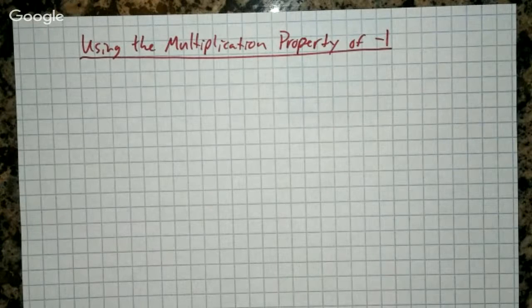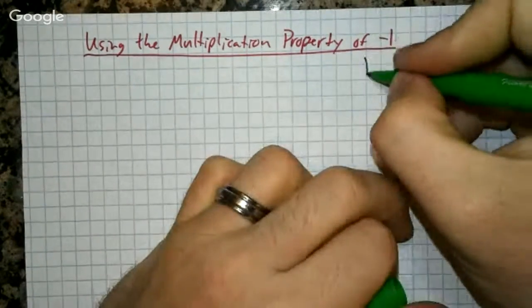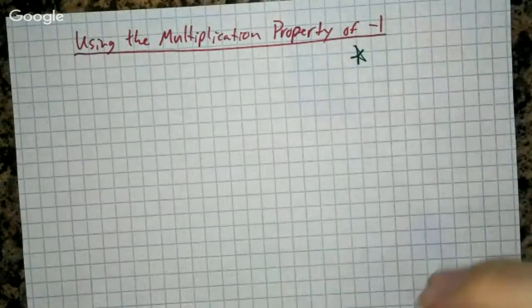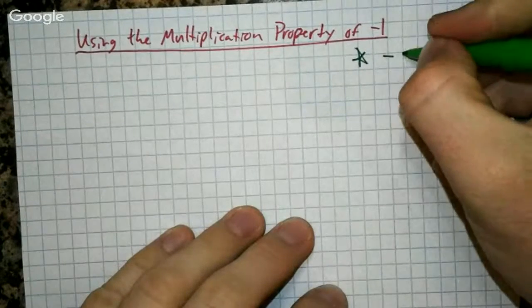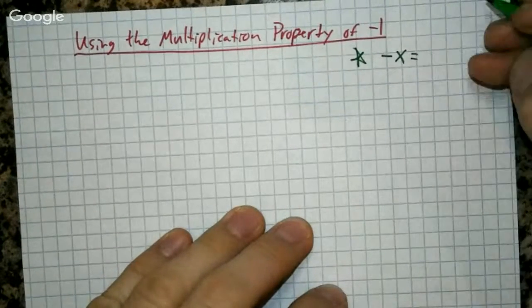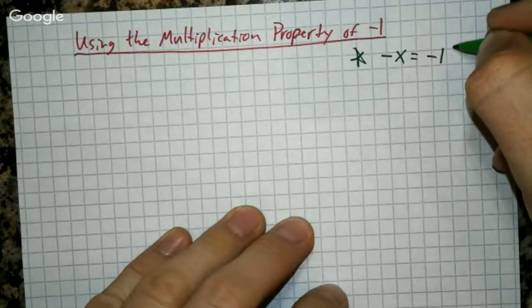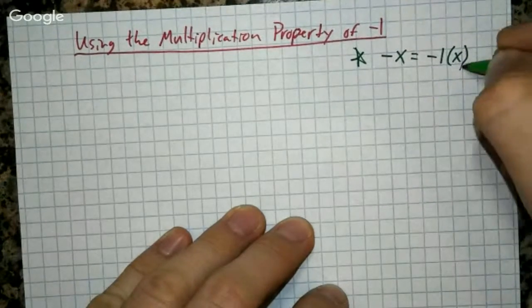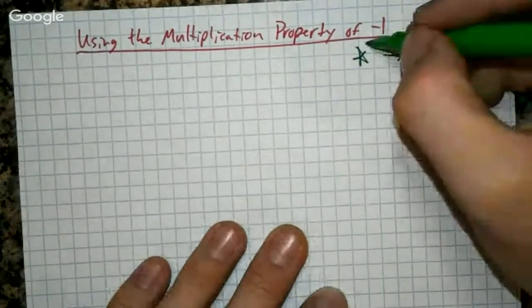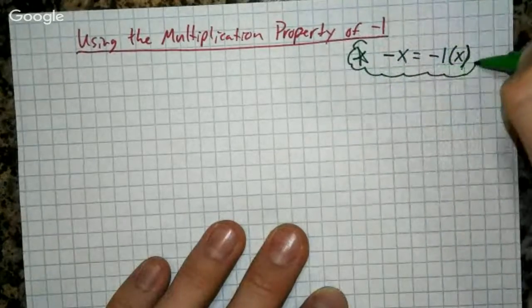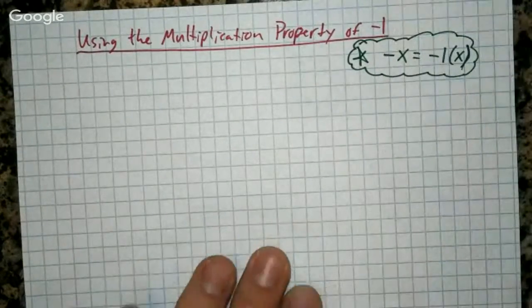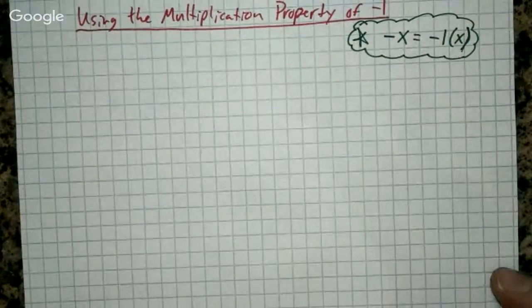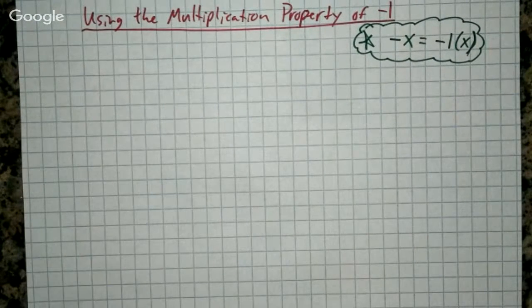Okay, so if we're using the multiplication property of -1, one thing we need to remember, I'll put it with a little star over on this side, is that if you have something like -x, that can always be split out to -1 times x. Negative can just be used with multiplication of -1, because anything times -1 is going to be its inverse, right? Its opposite is going to be anytime we do that.